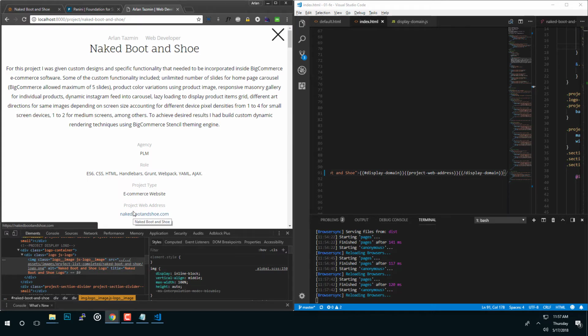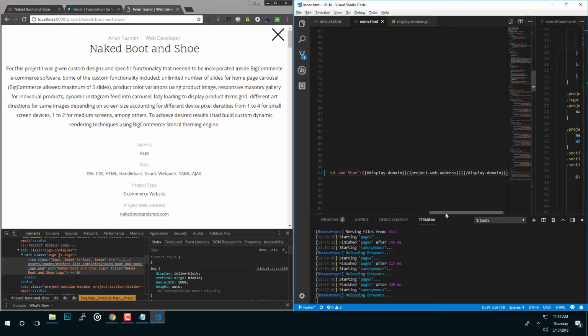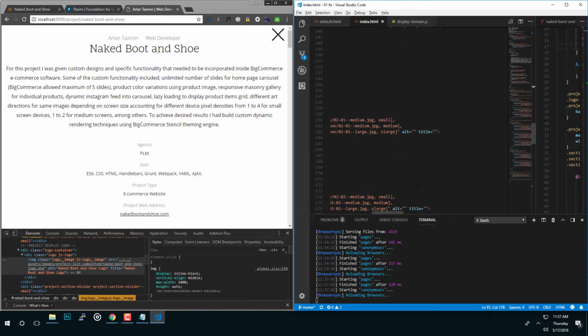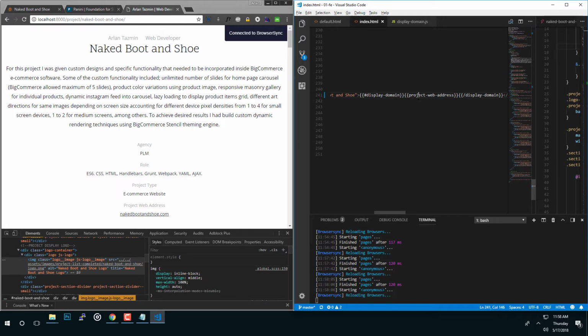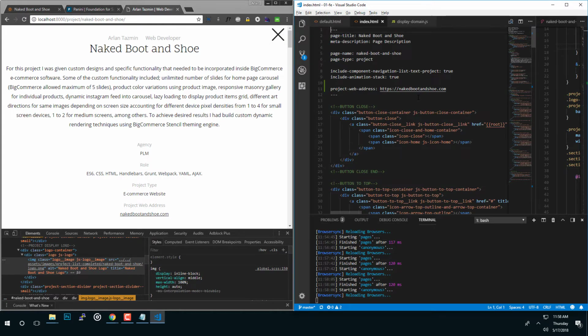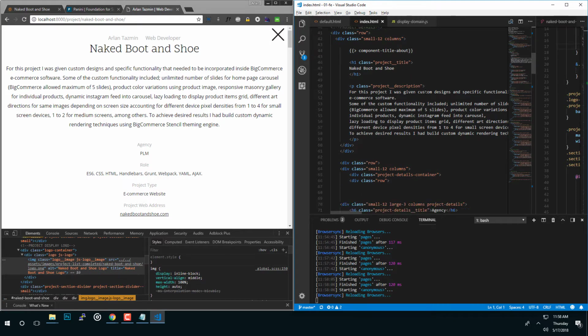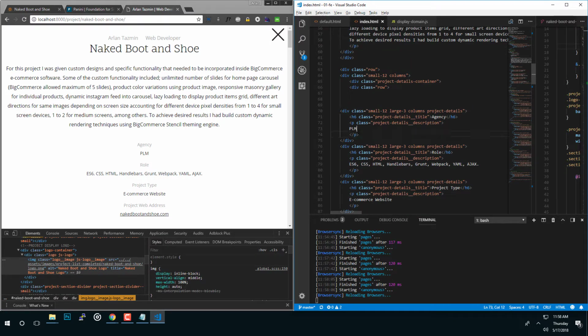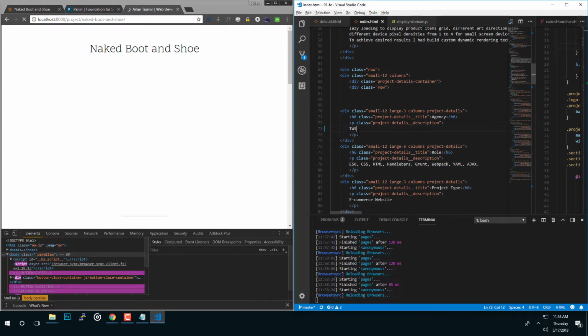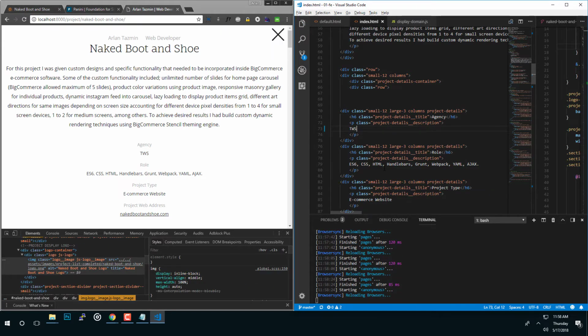It seems like it's working, and I need to do the same at the bottom here as well. So now I'm gonna update this section, update, and